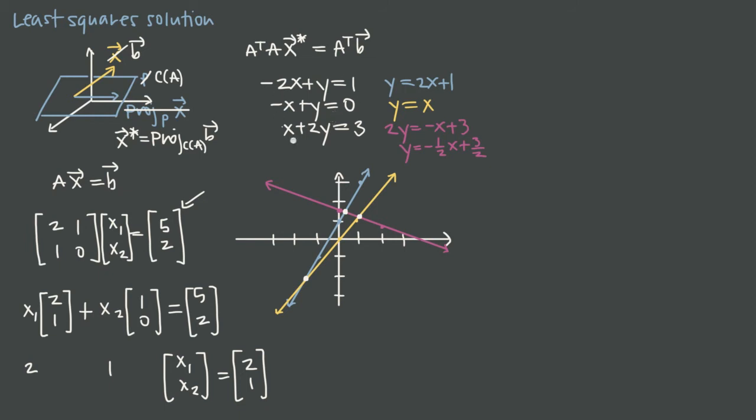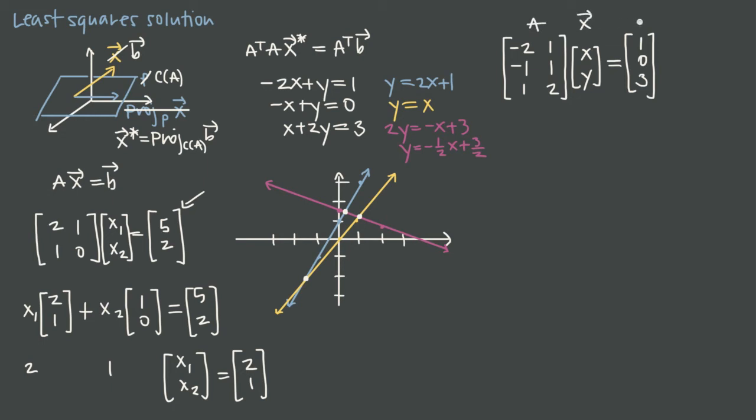So we want to start by putting this system into a matrix. If we take the coefficients on x, we have -2, -1, and 1. And then the coefficients on y are 1, 1, and 2. Then this matrix multiplied by some x, y, which are the unknowns in our system, if we were setting up our Ax equals b, would look like this. We would take the answer column matrix 1, 0, 3. So this is A, this is X, and this is